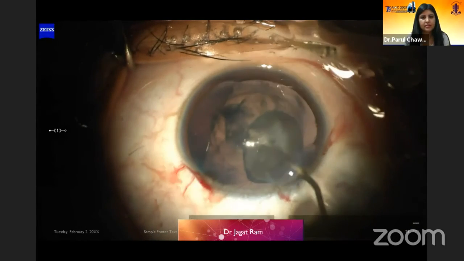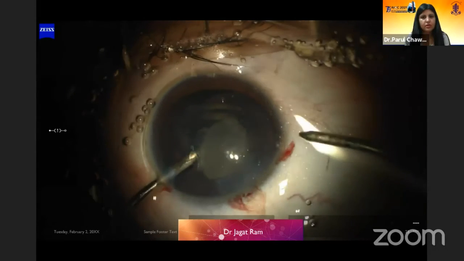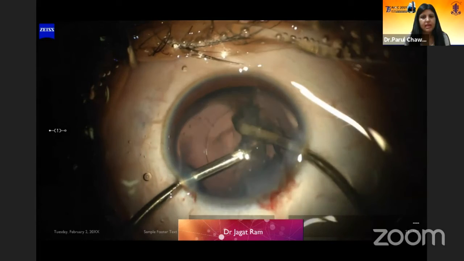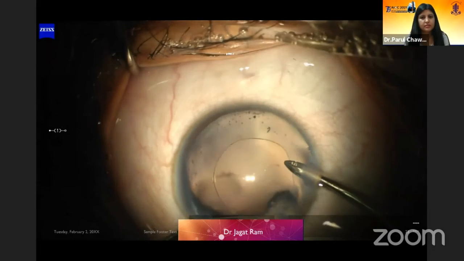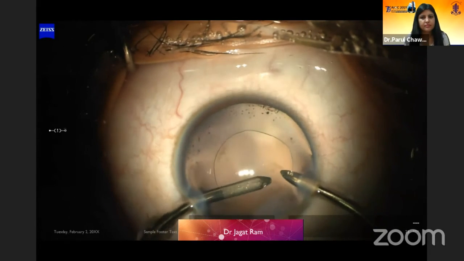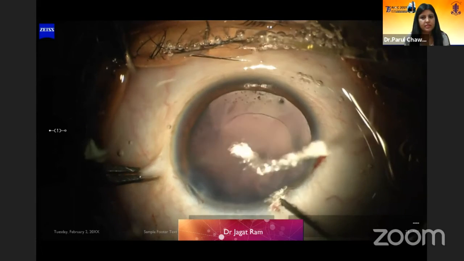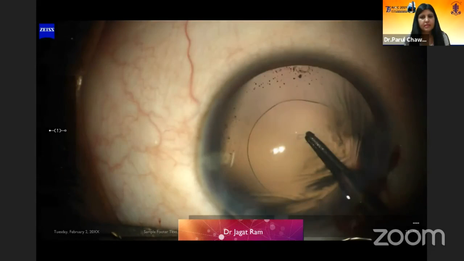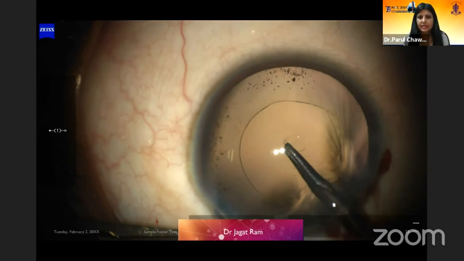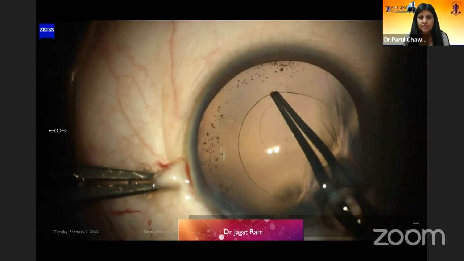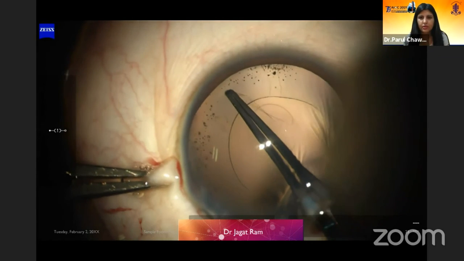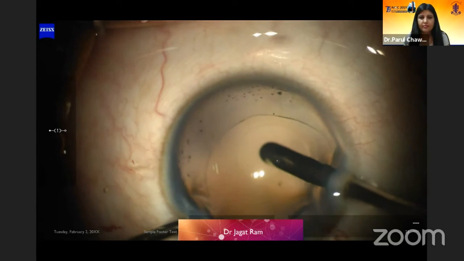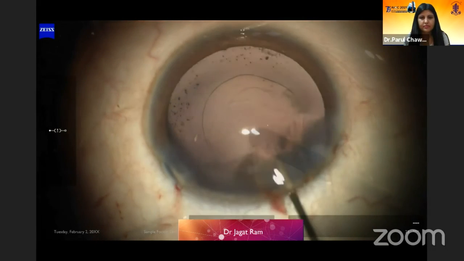Hydro procedures were done, at least in 3 quadrants. Then the bimanual irrigation aspiration was done, and IOL polishing was completed. Then a posterior capsulotomy was done using the same technique, started with a cystotome and completed with a Utrata forceps. Minimal anterior vitrectomy was done.